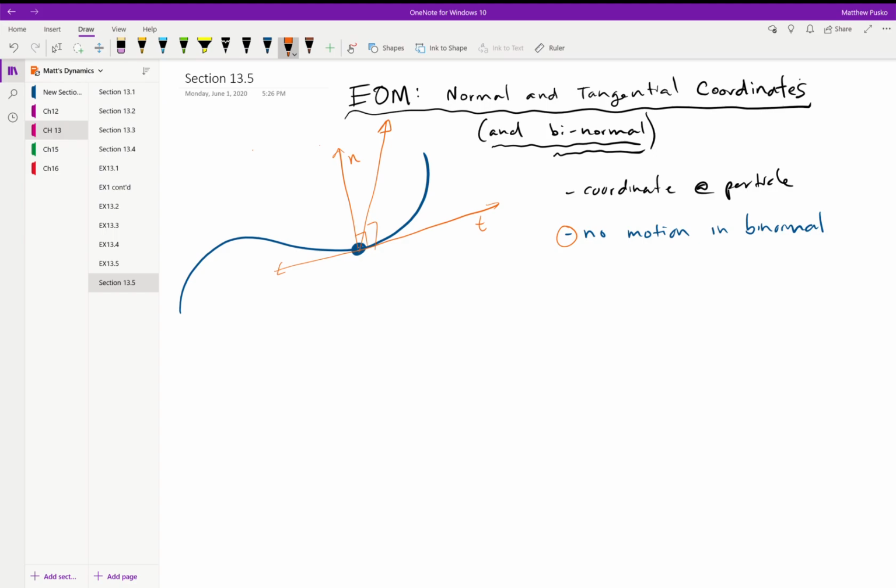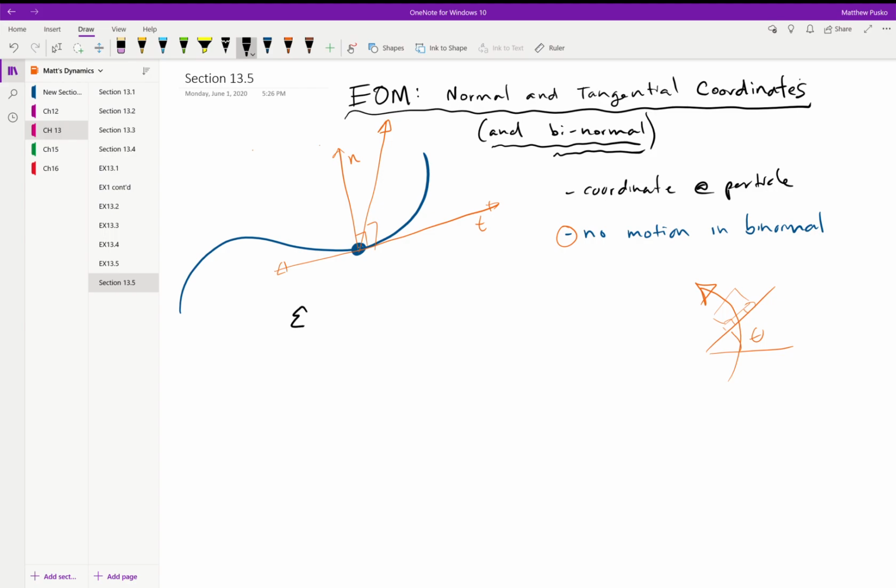I'll even do a problem about banked turns. So if you're going down the highway and there's a curve in the highway, there's a reason. It's so that you don't have to put any steering input in. There's some certain angle and some speed that you can go around this corner on the highway without even touching your steering wheel. And let's figure out how to do that. And we're going to use this coordinate system to do it. Okay, so